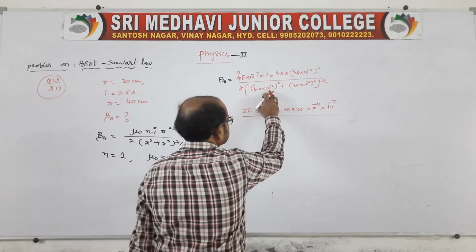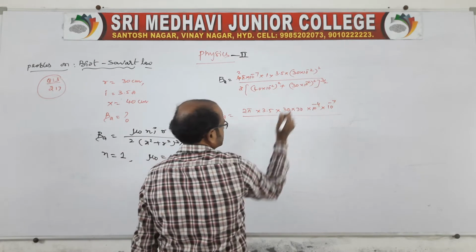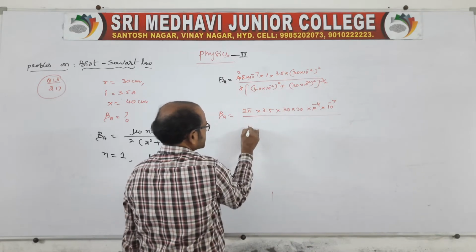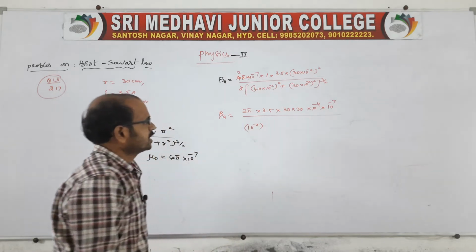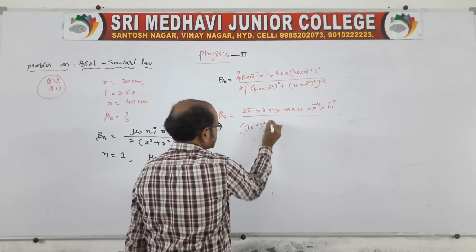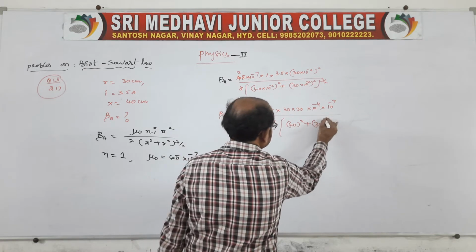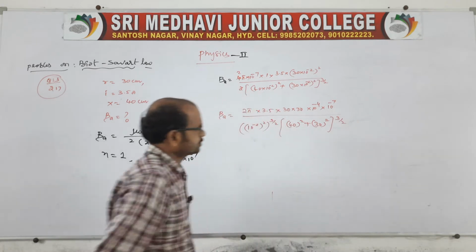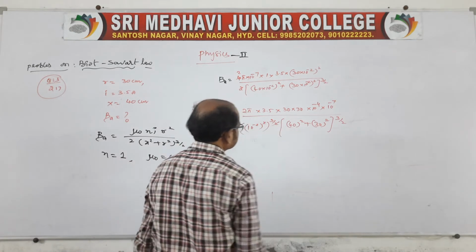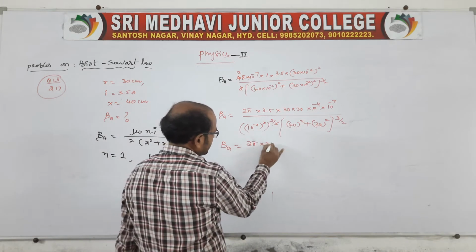Now come to the point. Here actually 40 into 10 power minus 2, here also 10 power minus 2 whole square is there. Better you take a common 10 power minus 2 whole square from this. If I take a common, the square will be cancelled, because 10 power minus 2 whole square is there, and 3 by 2 you write, and 40 square plus 30 square whole power 3 by 2. Is it okay now? Yeah, better you cancel this. And here 10 power minus 6. See, we can do like this. It is the way we can do.